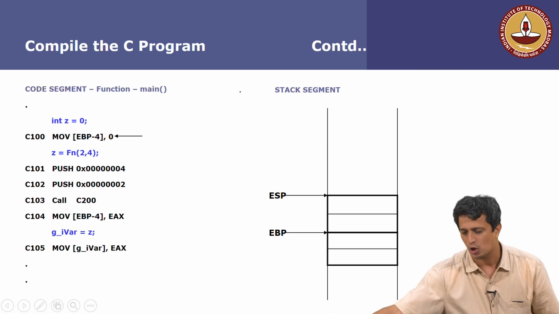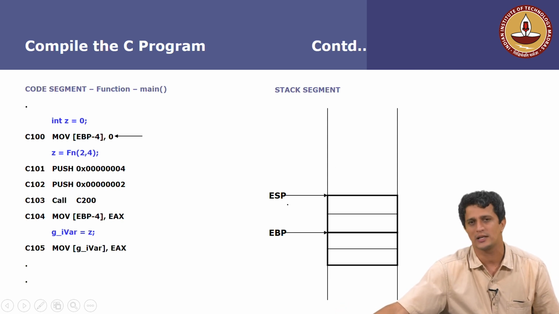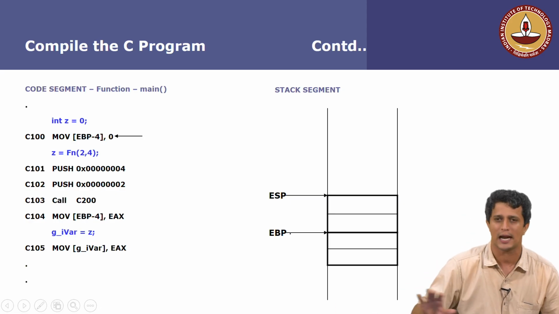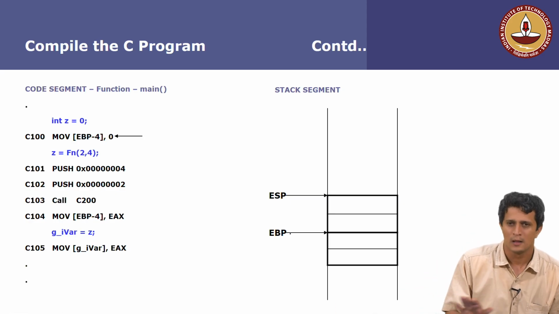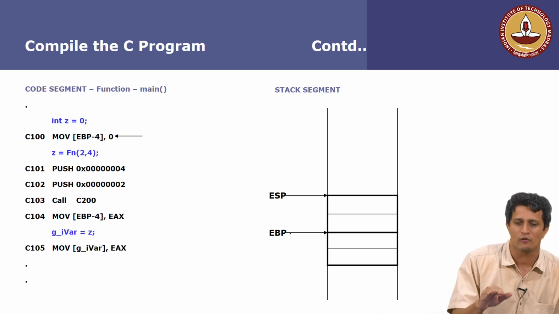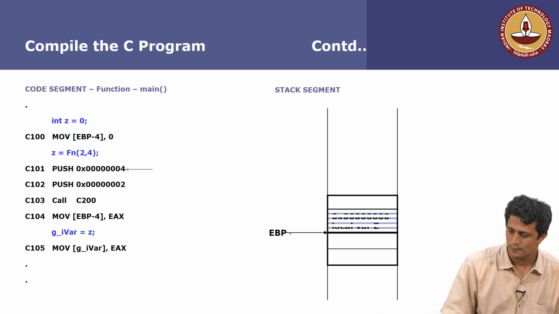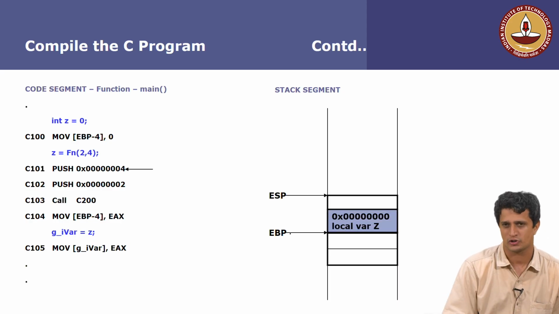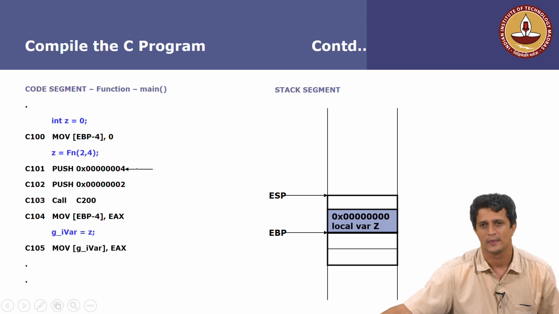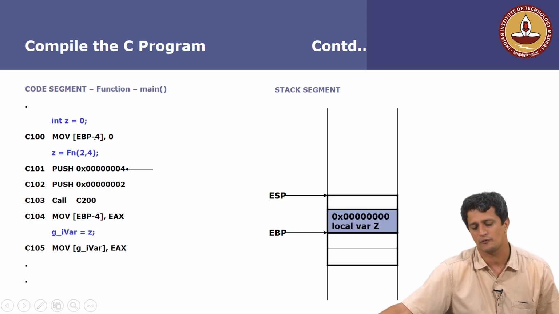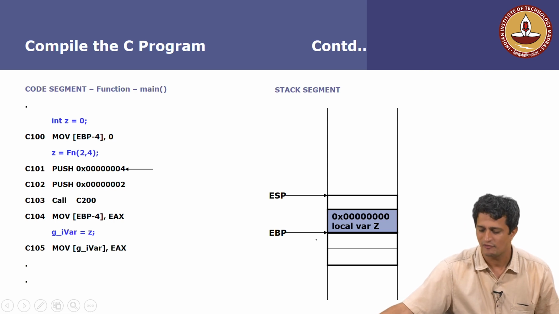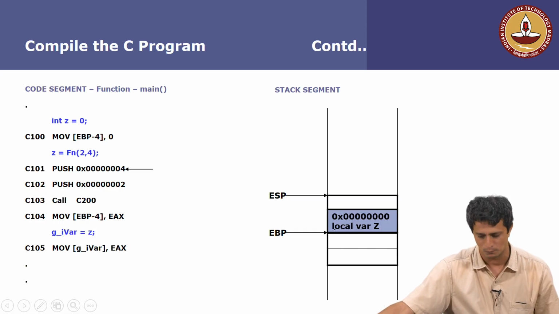So, before we start, let's look at the stack segment. I am assuming that the stack segment, ESP and EBP are pointing at some arbitrary locations. We will see how to initialize them before we start the function main as well. Okay. So, we execute the first instruction, the arrow that is going to move here is the instruction pointer EIP. So, it has read the instruction from C100, which is move contents of EBP minus 4 to 0, and you will see that wherever EBP is, EBP minus 4, that location gets initialized to 0,